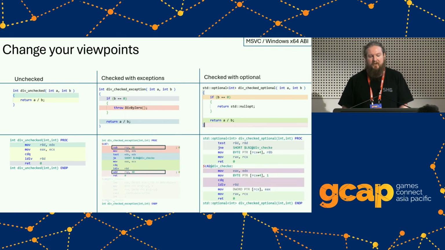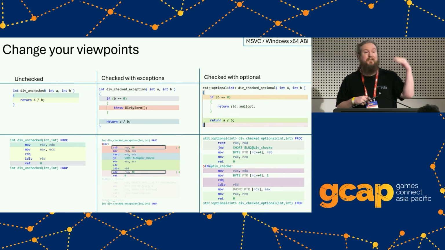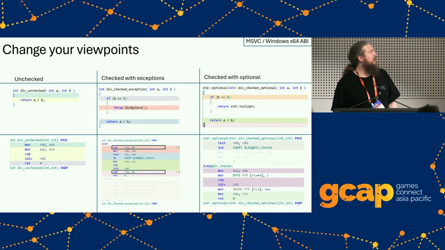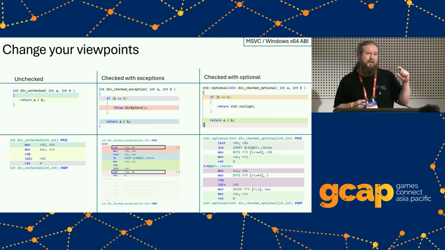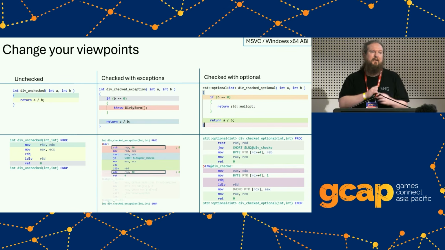But if we compare this now to the optional case, here we've got a branch at the start where it actually expects that we're going to hit that optional case. So as we can see, when I switch back and forth between that, the little snippet that's disappearing is actually the case where it's expecting us to go. And the reason why we typically want code to flow in the success case one after the other is because